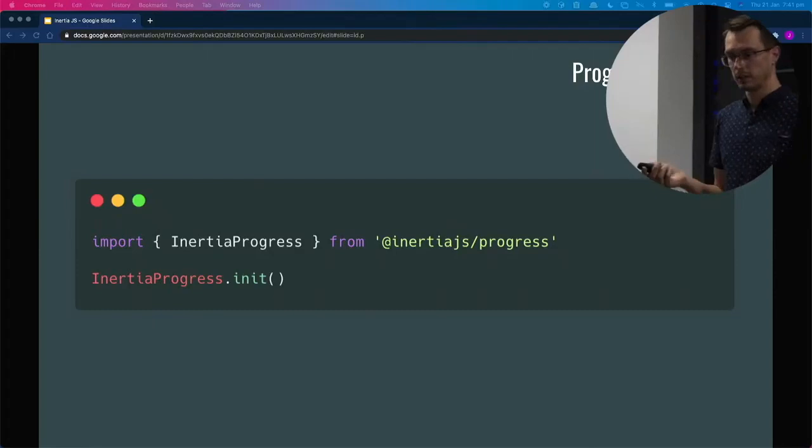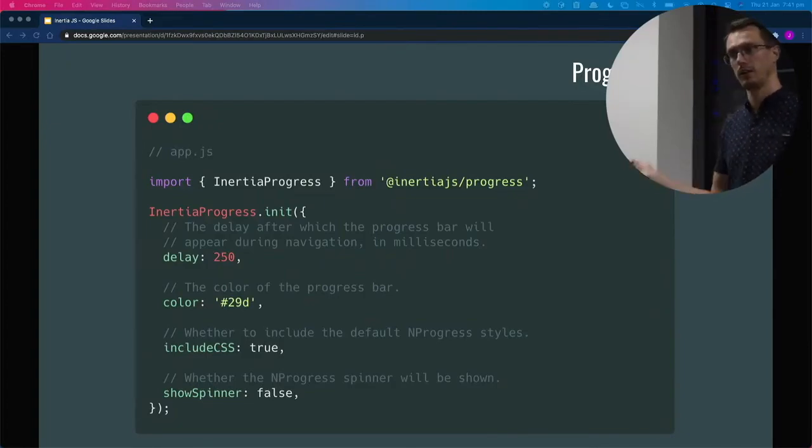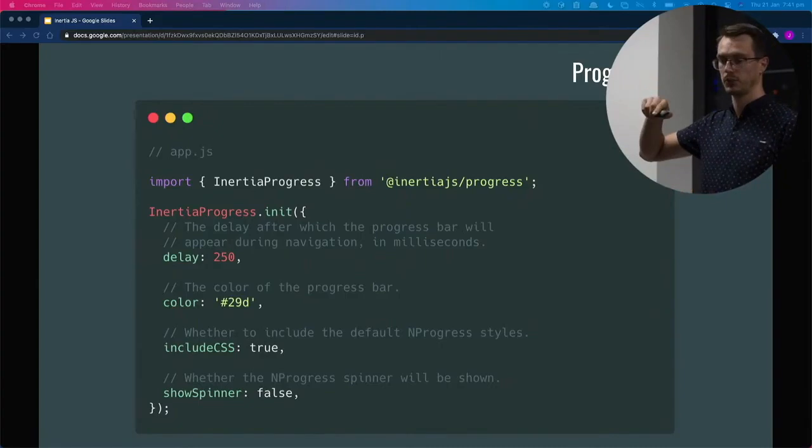Now they provide a plugin to make it quick and simple to get this set up running in your project. It's literally just an npm install, and then you run an init call there, and it's good to go. If we want to configure it a little bit more, then they do expose some arguments that you can pass down to control things like the delay, the color, whether or not they should include the default CSS, or InProgress does have an alternative layout where it uses a spinner